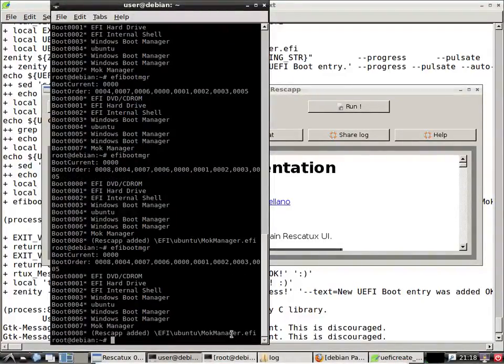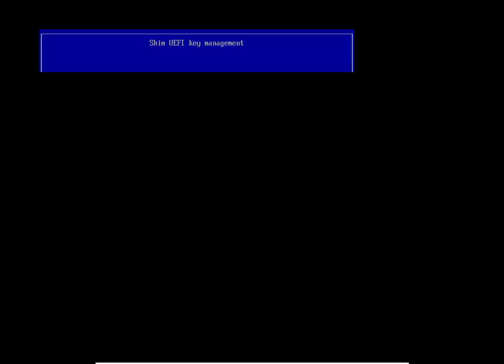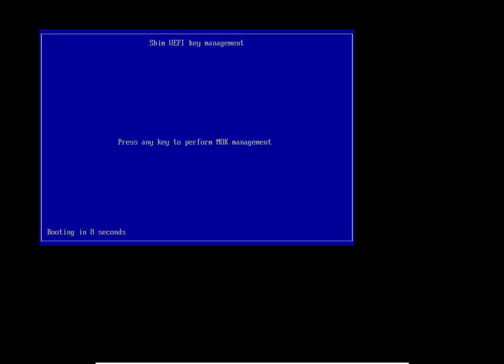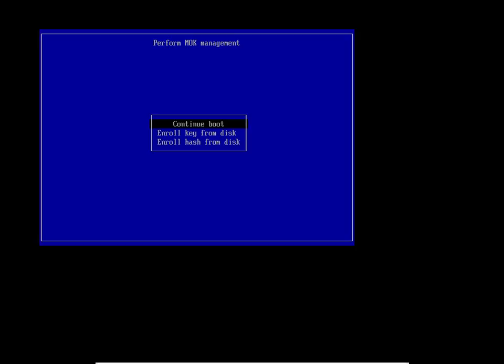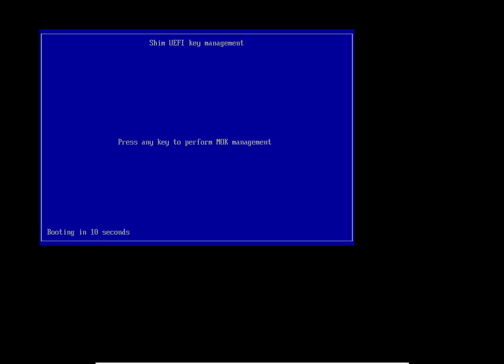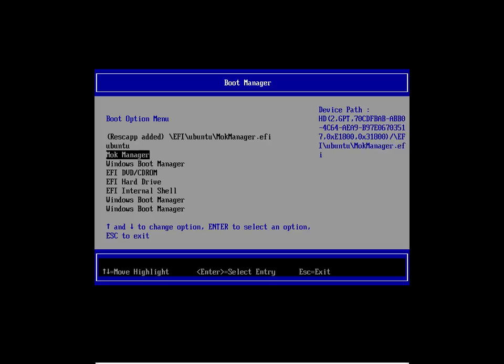So finally, we have this mock manager, which should be the first one. I'm going to reboot, and you will see the mock manager. Okay, so press any key to perform. A role key, role hash, or continue to boot. So continue, and we are going to boot manually into the